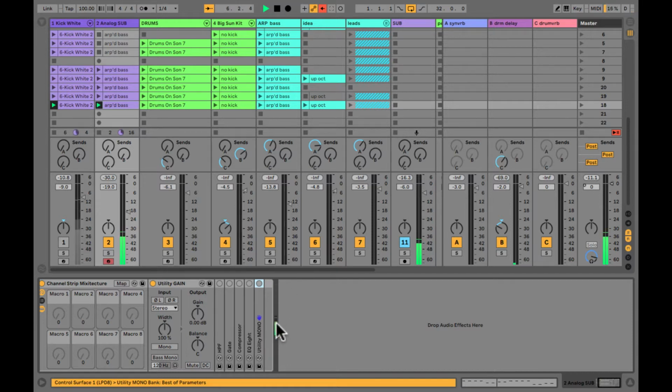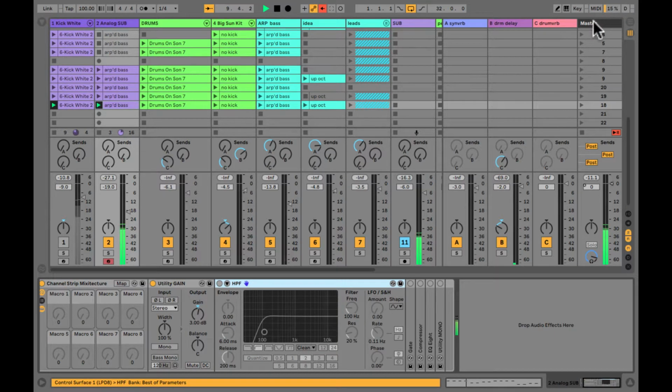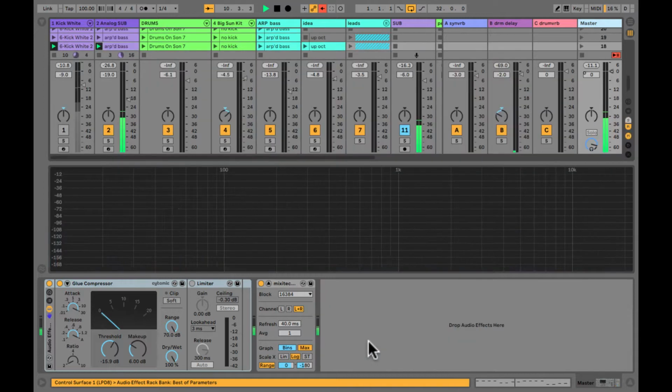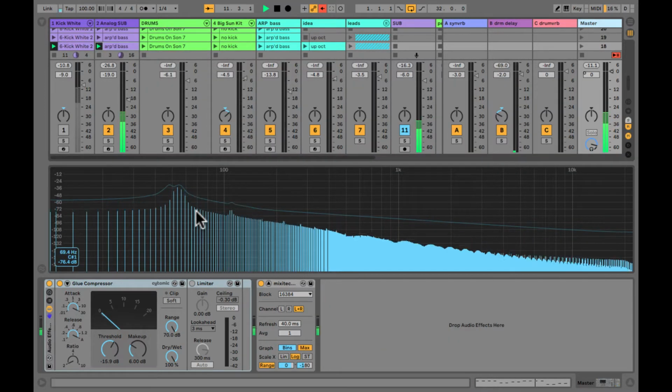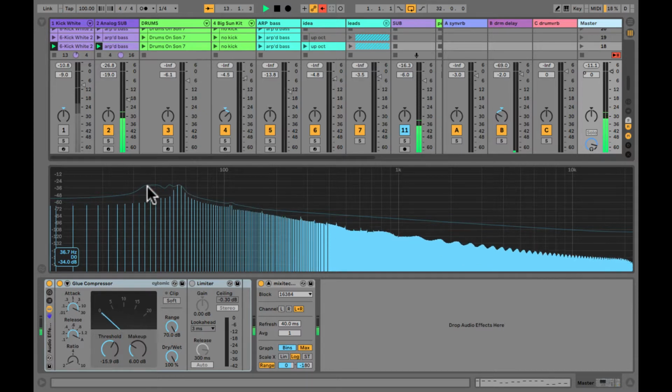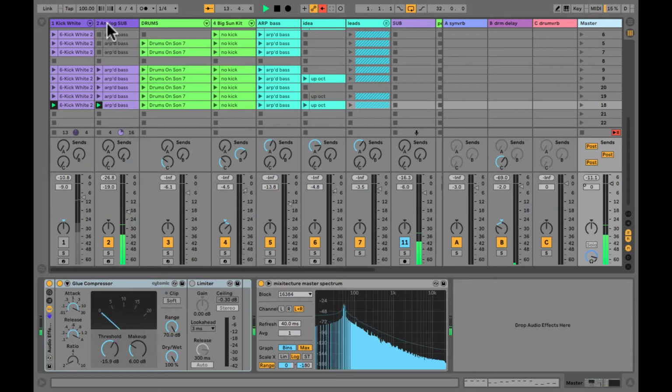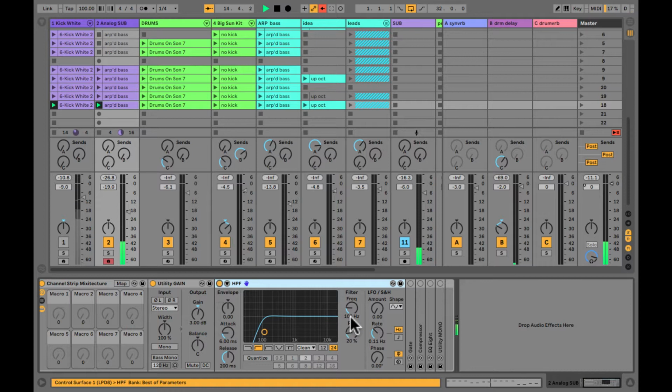Question, when do I use gain? Answer is when I see empty space at the top of that channel, I add a bit of gain. Don't need to go crazy. How do I use the high pass filter? Well, let's look at what notes are playing, find out where the bottom of this sound is going to be. Well, 36. That's a sub bass, so we're going to put the high pass filter in just to get all the way at the bottom of the range. 30 hertz, a little bit of a bump. That's just like a speaker protector,